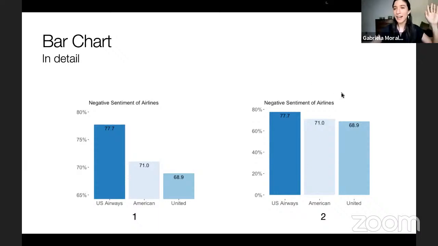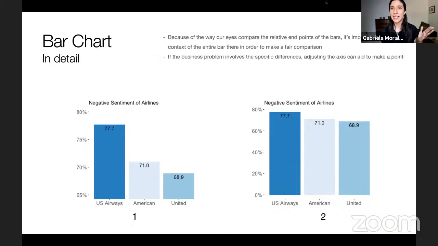But if you guys are just printing this graph to send a poster about, I don't know, COVID-19 cases in your area, you don't want to be misleading, because most people won't be looking at the detail of the numbers in the axis. So you want to be fair and show actually the context of the entire bar. So again, I'm telling you, it depends on the context and where you want to show it, to whom you want to show it.